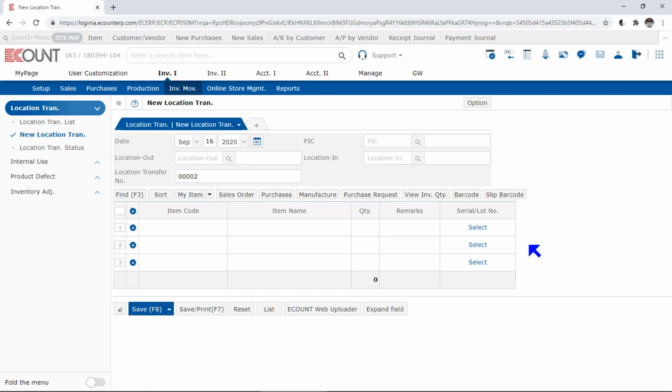In this video, we're going to look over the Inventory 1, Inventory Movement, New Location Transfer menu. You can use the Location Transfer menu when items are transferred between the locations registered in ERP. You can manually enter each slip in the New Location Transfer menu, or if there is an existing sales order, purchase slip, goods receipt slip, or purchase request slip, you can load it and apply it to create a new